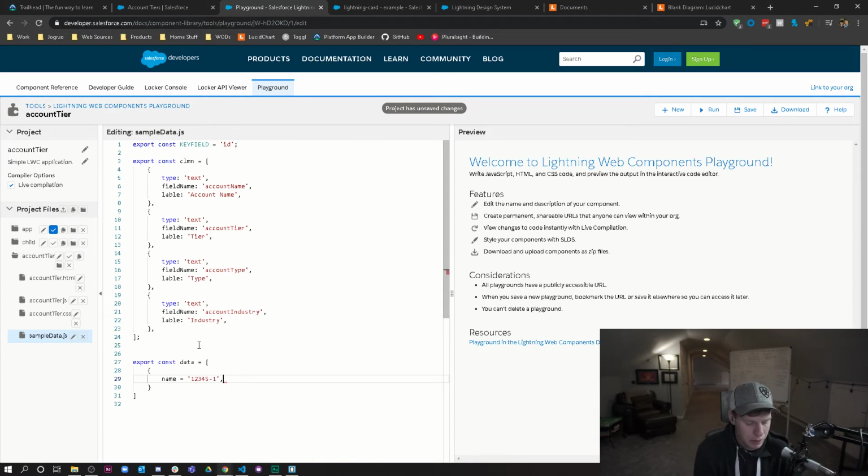Account name equals account 1. And then what else did we do? So we have account name, account tier equals, what were our tiers? Our tiers were